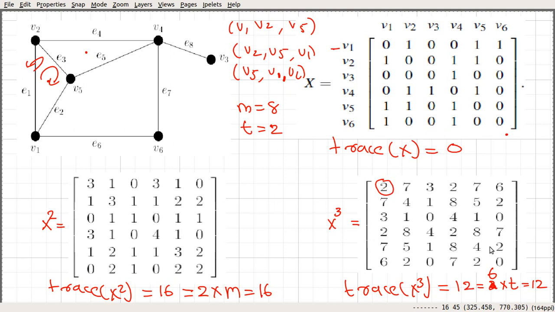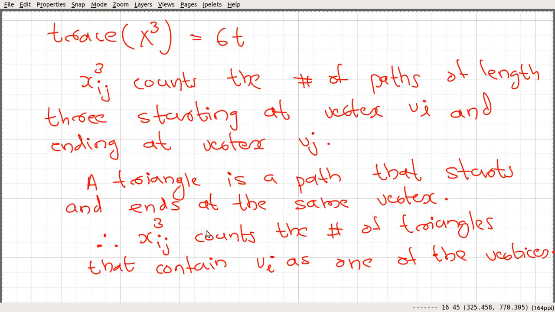So if you sum up this thing, you get all such triangles, counting this clockwise, this counterclockwise, and these 3 orderings. So that means if you divide the trace by 6, you get the number of triangles, and that's from where this 6 comes. So let me complete this proof. Xij3 counts the number of triangles that contain Vi as one of the vertices, and